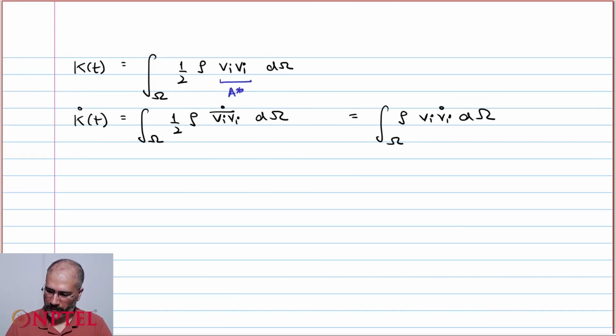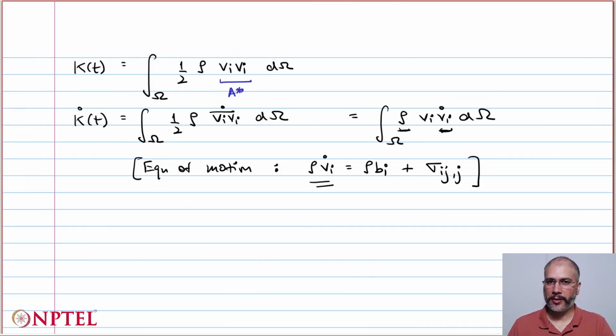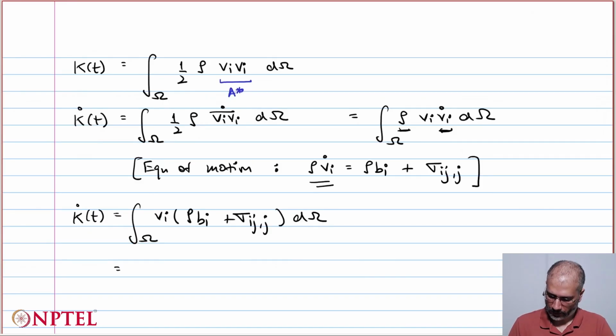And now if you recall that rho times vi dot was expressed in terms of the body forces and the traction using the equation of motion that we derived in the last lecture. The equation of motion was written as rho times vi dot is rho bi plus sigma ij comma j. So we can express this in the expression for the time rate change of kinetic energy. So k dot becomes, and we expand this,